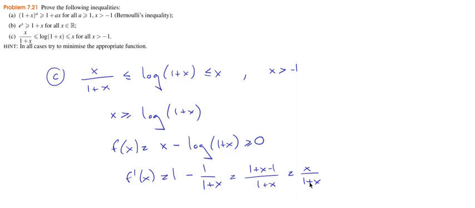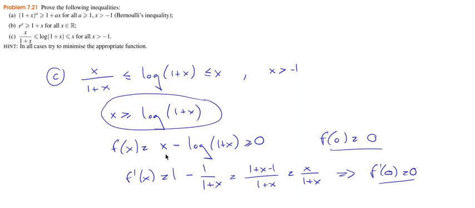Right? Now if x is greater than minus 1, then the denominator is always positive. And so again, the derivative of this is only 0 at 0, right? This is the only point where it's 0. And then if x is greater than minus 1, then this is positive when x is positive and negative when x is negative. So this is a minimum again, and the value of f at 0 is 0. So we have proven this inequality for every real number. Okay, so all three examples are the same